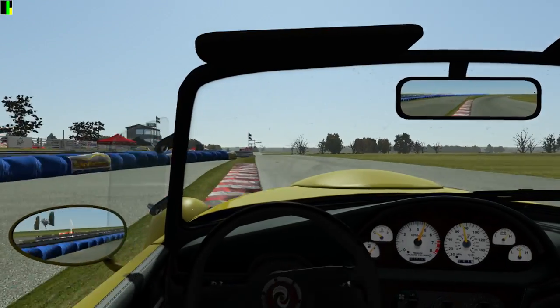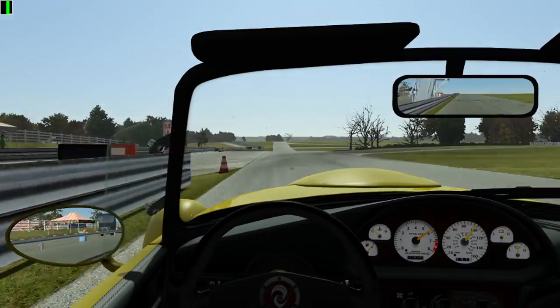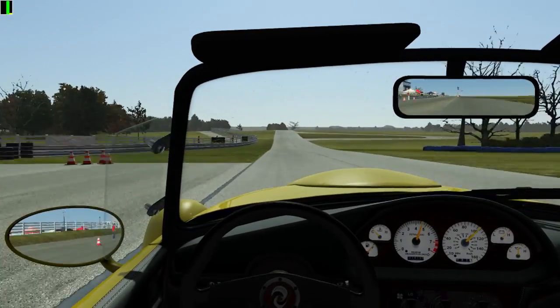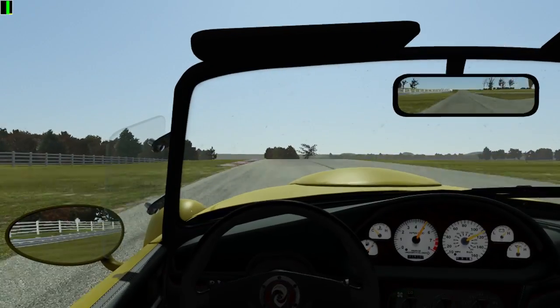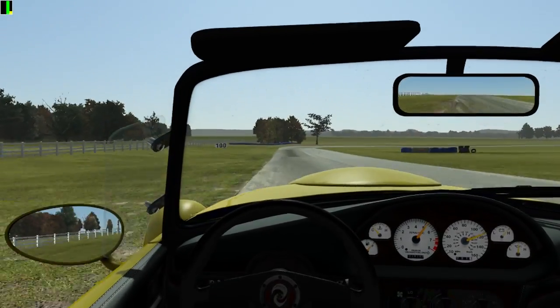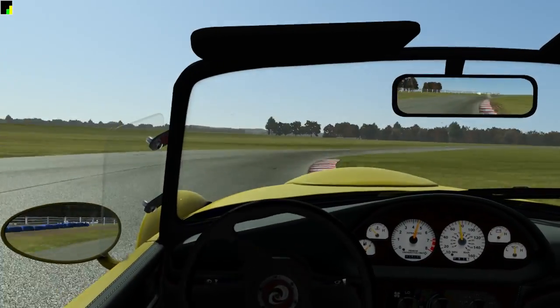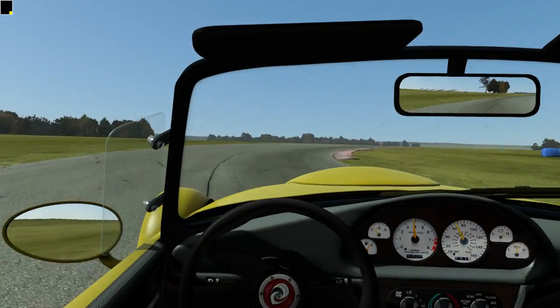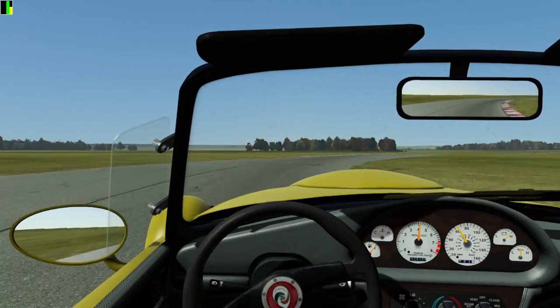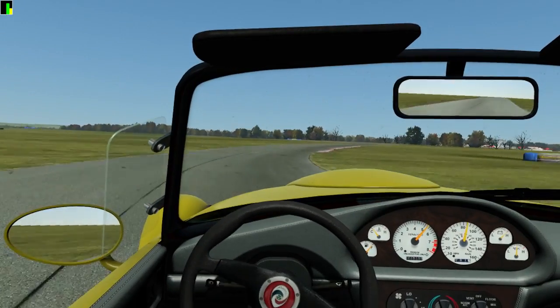Now, for you guys out there who know nothing about this car, which probably is a lot of you guys, because, well, it's not exactly the most famous car out there, that's for sure. It is an aluminum constructed Roadster. And this was actually the first production aluminum American-made vehicle. Yes, this is American-made. You probably know about the connection, I'm guessing, but Panoz,